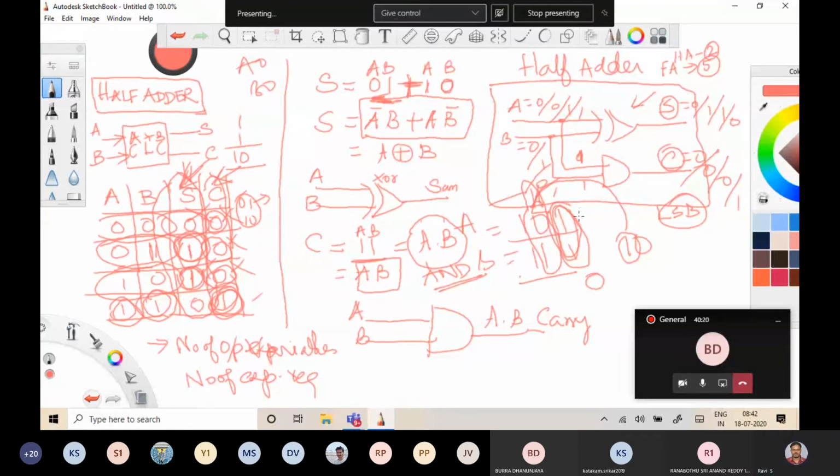So the least significant bit of a multi-bit addition is executed using a half adder. Whenever you use a half adder for LSB addition, you are saving 3 logic gates, since a full adder requires 5 logic gates and a half adder requires 2. Suppose approximately 4 transistors per gate, you are saving 12 transistors. If you save 12 transistors of silicon, you'll be saving almost 10 to 15 lakhs of your IC cost.